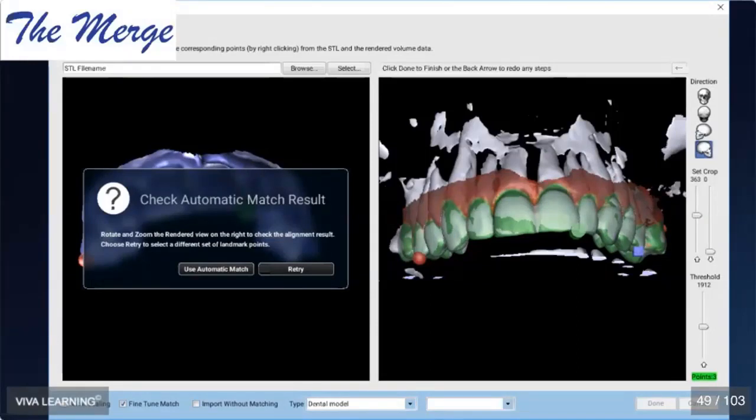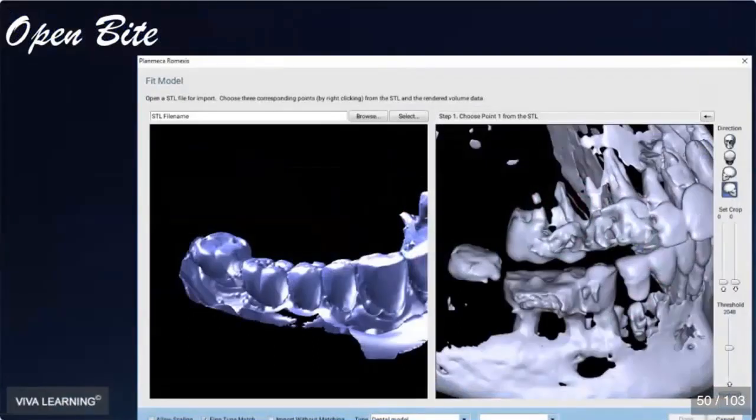So one of the first steps is merging that diagnostic wax-up and the intraoral scan with our CBCT. And I find that that's probably one of the most important steps. The other thing that I find, and this is a pearl of wisdom that I'd like to pass on to you guys, is that when you take a CT scan